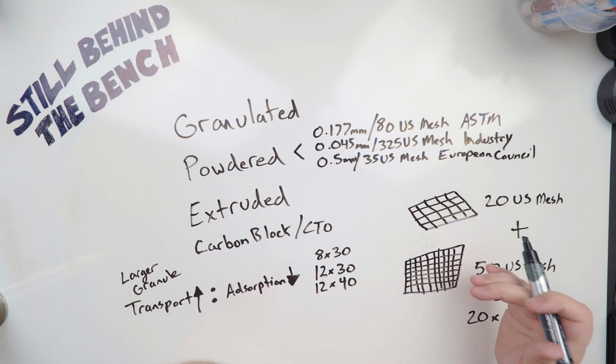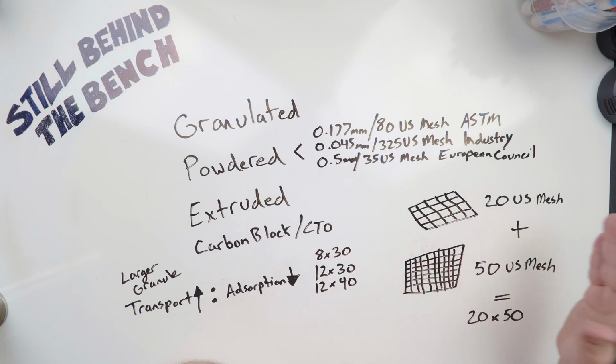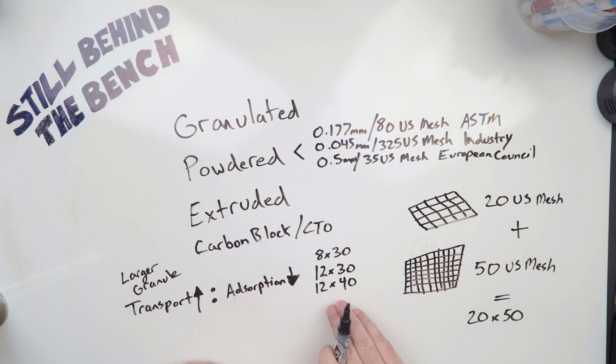Whatever falls through the upper mesh but doesn't fall through the lower mesh, they will collect it all up, package it, and put 20 by 50 on the label. If it's a 20 mesh at the top and a 50 mesh at the bottom, it's 20 by 50. If it's 8 at the top and 30 at the bottom, it's 8 by 30. 12 and 30, 12 by 30. 12 and 40, 12 by 40. So these three, 8 by 30, 12 by 30, 12 by 40, and 20 by 50 are the most common